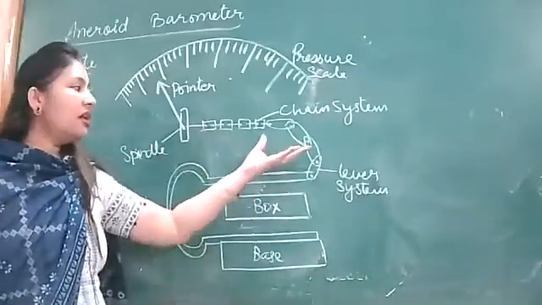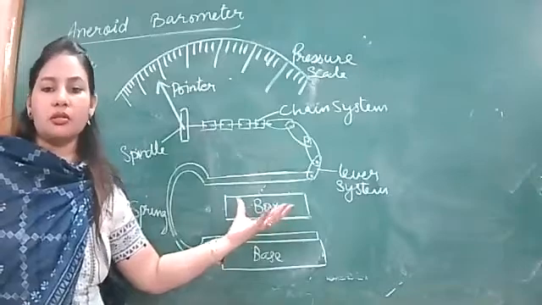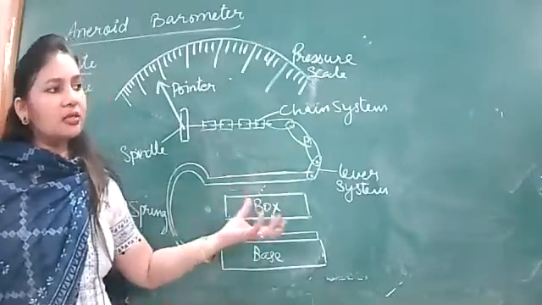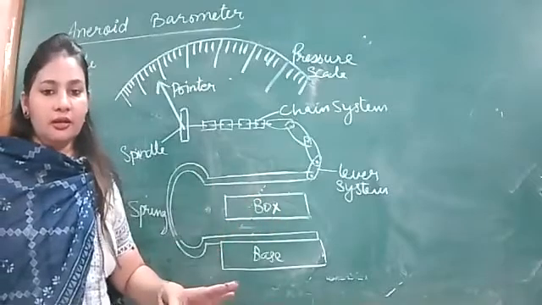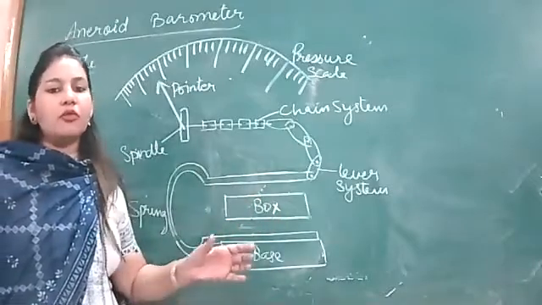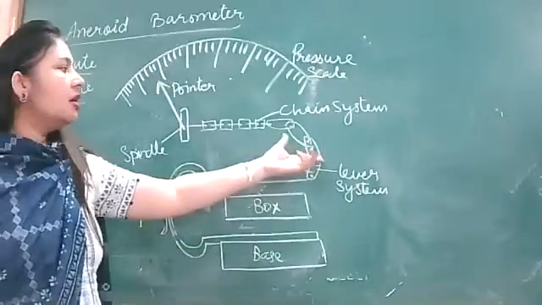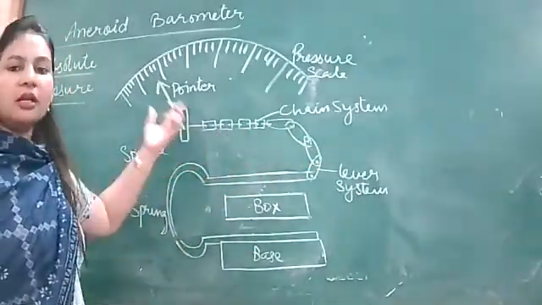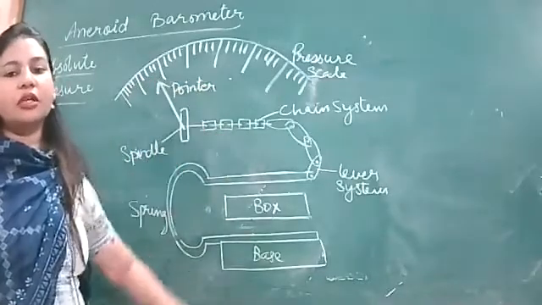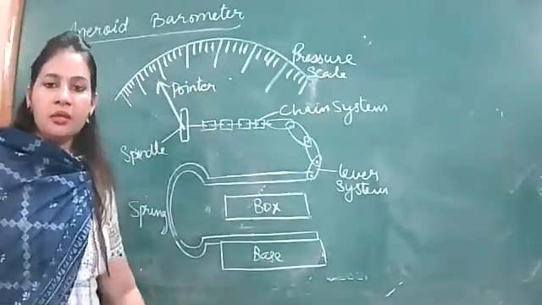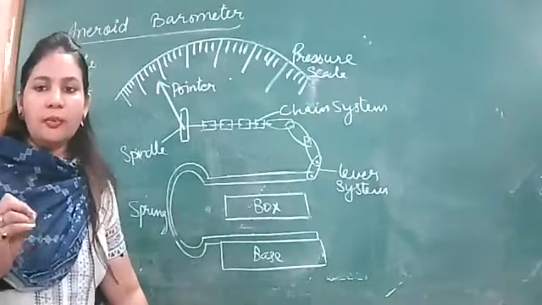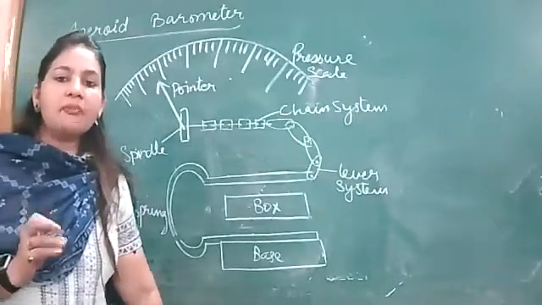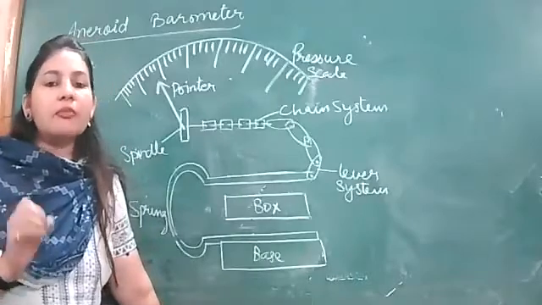मीन्स they will amplify, they will magnify the movement of the box. They will make the movement of the box noticeable. उससे हमें ये नोटिस हो जाएगा कि बॉक्स मूव किया है, किसी भी डायरेक्शन में मूव किया है, बट दैट मूवमेंट विल बी एम्पलीफाइड विद द हेल्प ऑफ लिवर सिस्टम एंड चेन सिस्टम. और जब ये मूवमेंट आगे ट्रांसफर होगी, पॉइंटर अकॉर्डिंगली मूव करेगा स्केल पे एंड वी विल नोट डाउन द रीडिंग. ठीक है? सेंसिटिविटी इज रिक्वायर्ड. To measure anything, sensitivity of any device is always required. For example, I give you the example of thermometer.